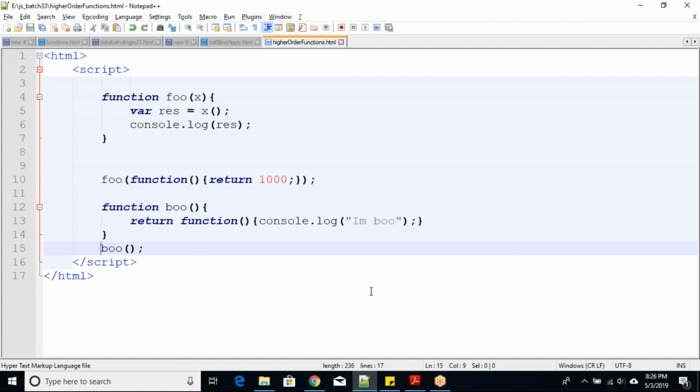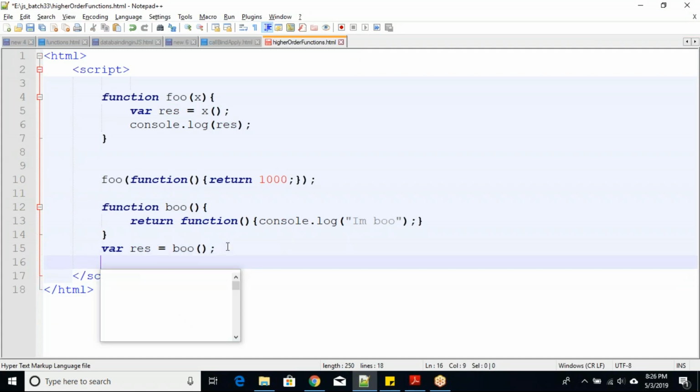I can catch the result in some variable, and then call it. Then if I print it, what do I get? What is the output?